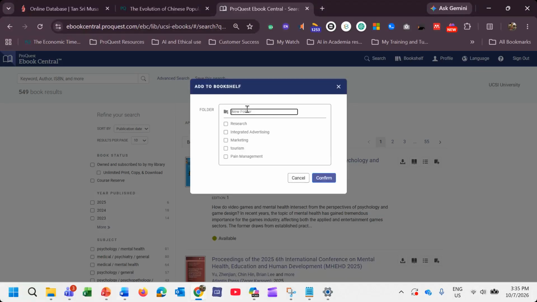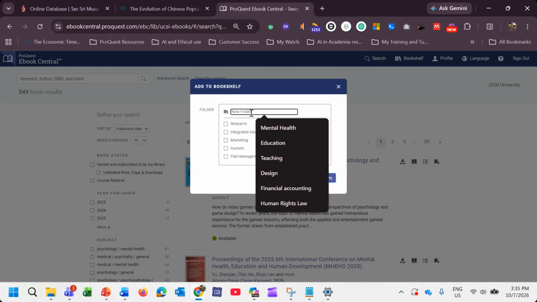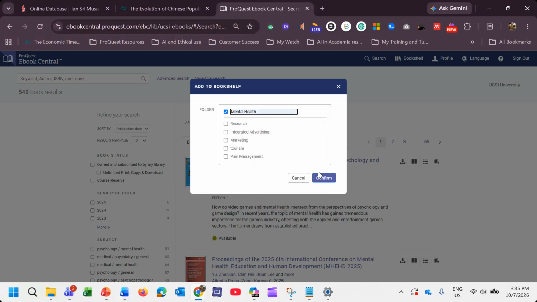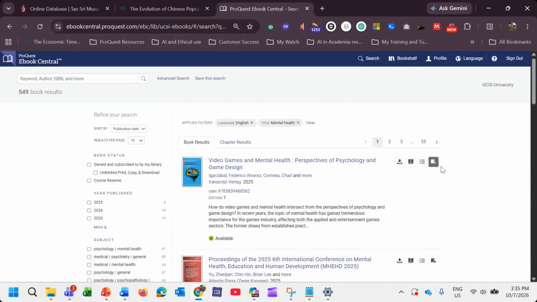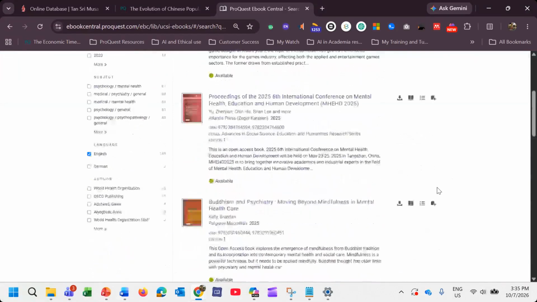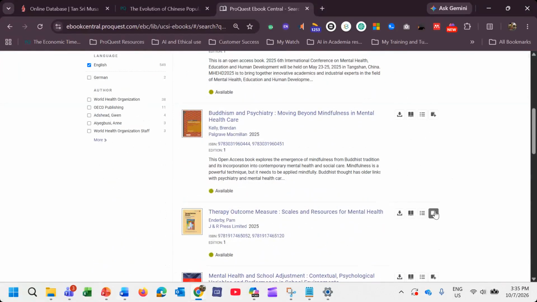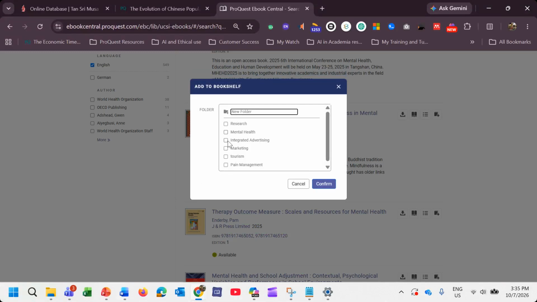If it asks you to create an account, like just now, you just create an account. Remember the passwords. You can have a standard password for the earlier one as well as this one, so that it's more like personalizing. When you personalize your information, nobody else knows, only you yourself will know about it. So for example, I can say, okay, this is mental health, and I created a folder. I have added this into the mental health related topic.